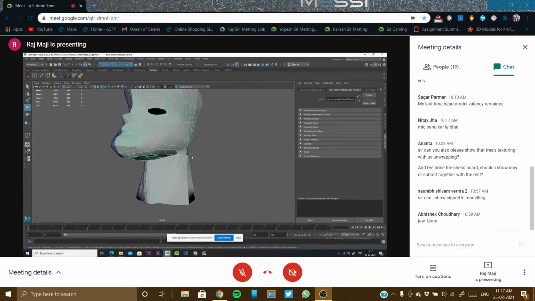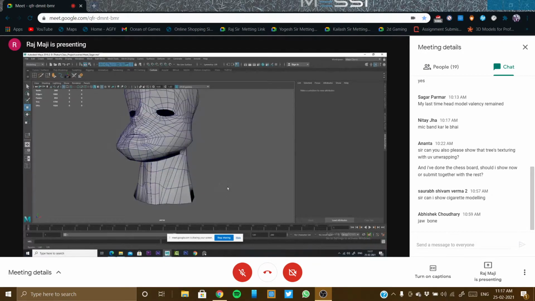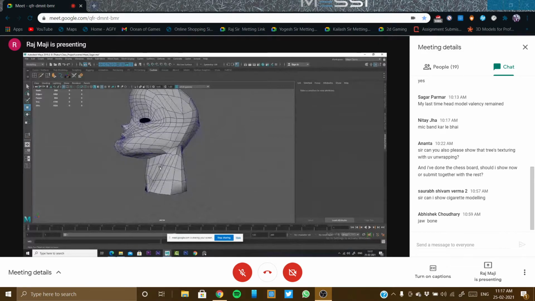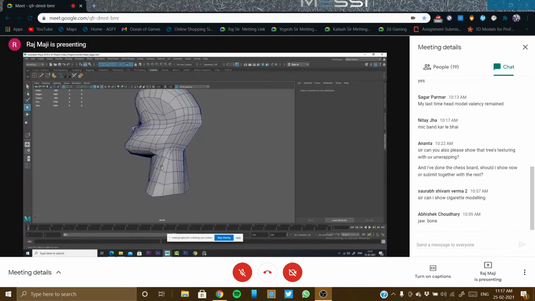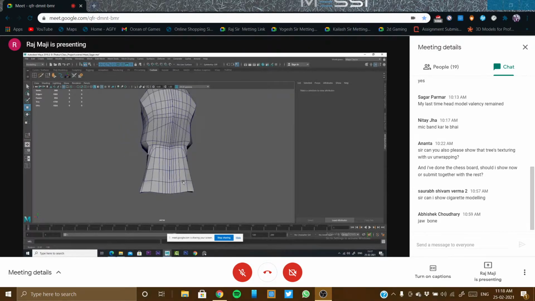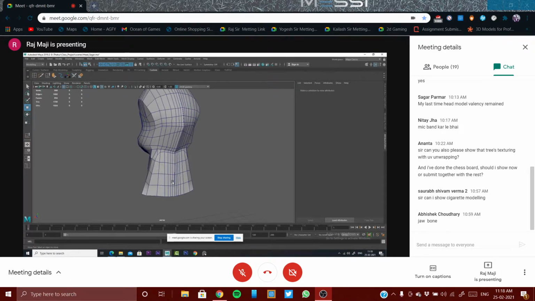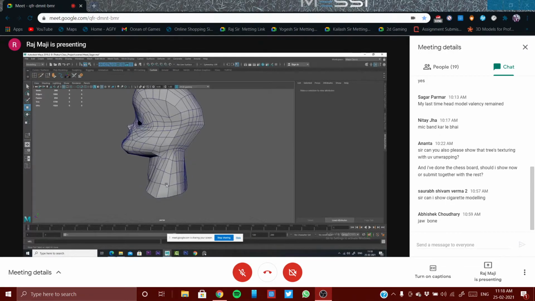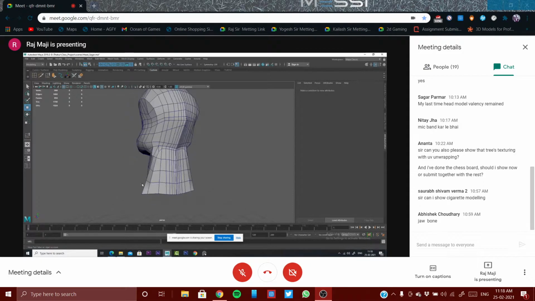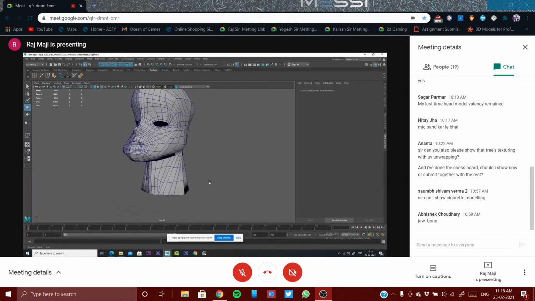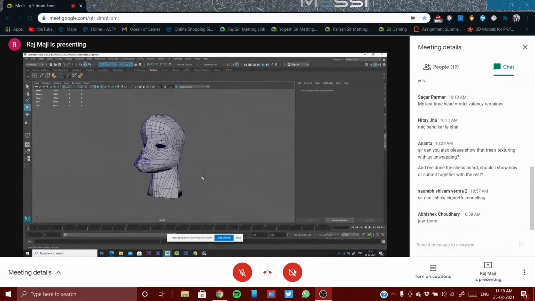Yes, sir. Okay. You just need to remember this direction. This direction is very important. This will come like this, but this will come straight downward. But this will come like this, and gradually it will go towards the backside. And it has to be very nicely equalized topology. Now here very small loops, then suddenly getting bigger, and then once again getting smaller. So it has to be very, very equalized. When you make your model, it has to be very equalized.